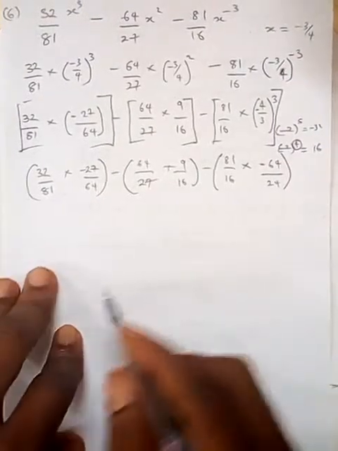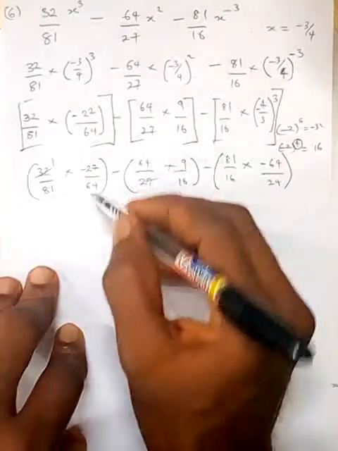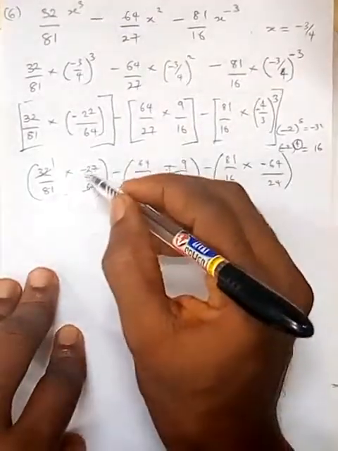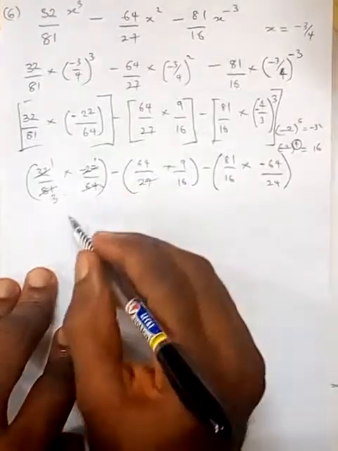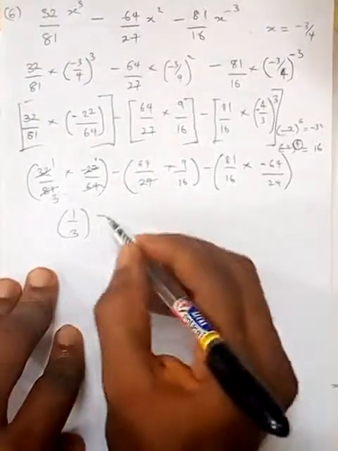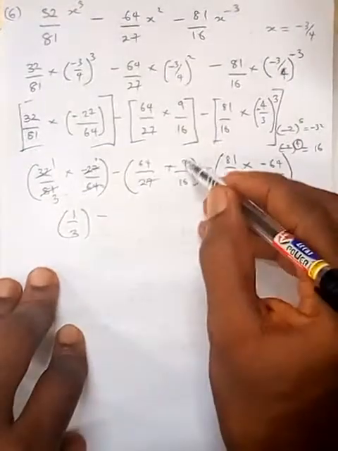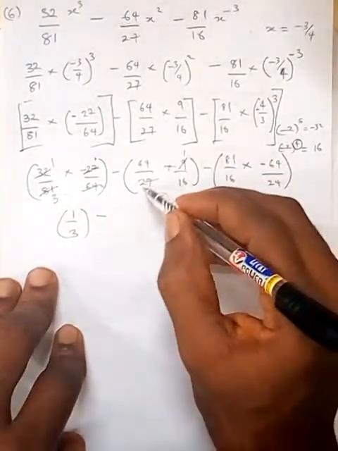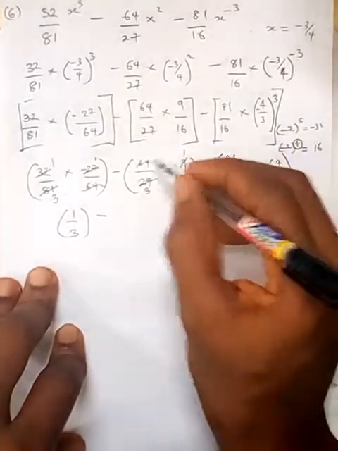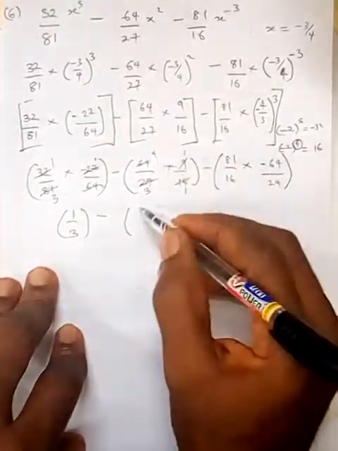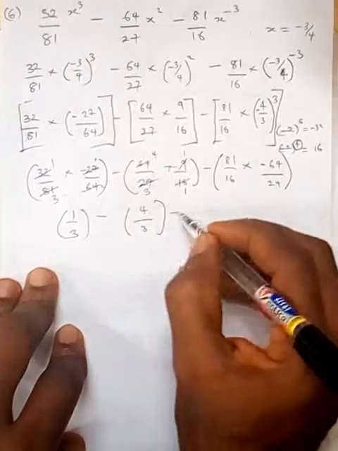Okay, so we can start cancelling now. You see 32 here 1, 32 here 2, 27 here 1, 27 here 3. There's a minus here, so that's 1 over 3 minus, okay, 9 here 1, 9 here 3, 16 here 1, 16 here 4, and that is 4 times 1, 4 over 3 minus